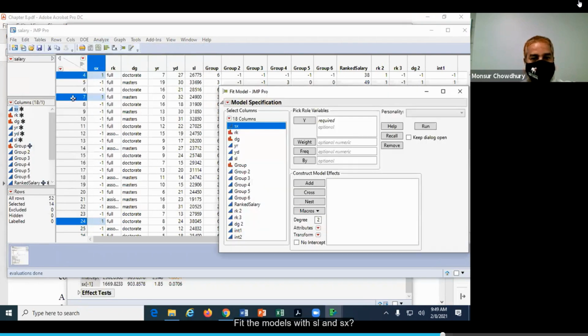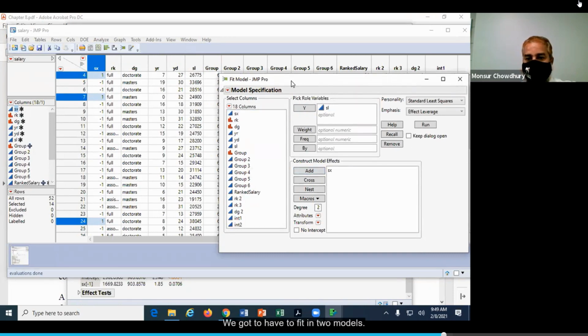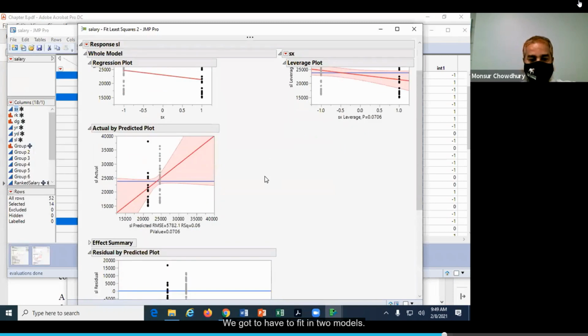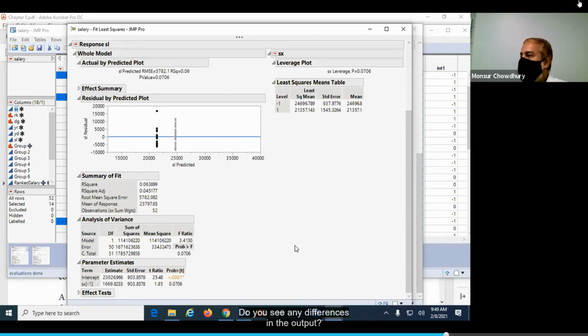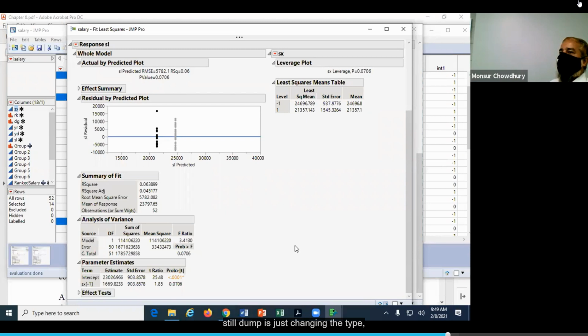Okay, fit the model with SL and SX. So we are fitting two models. This is for the continuous one, and this is for the categorical one. Do you see any differences in the output? No. So that's why we don't have any issue with this. No matter which one you consider, JMP is just changing the type, it is not changing any output. So this is what I just wanted to show you.